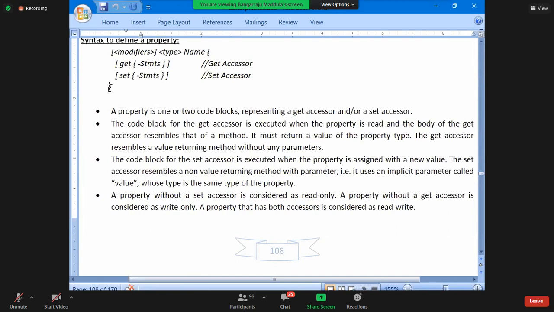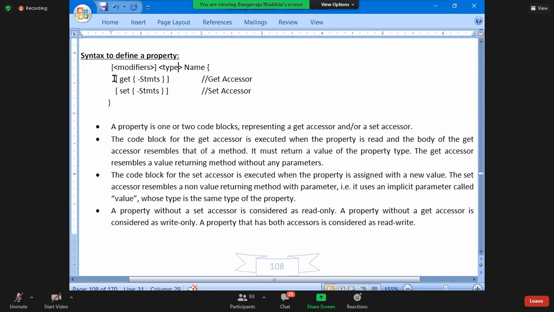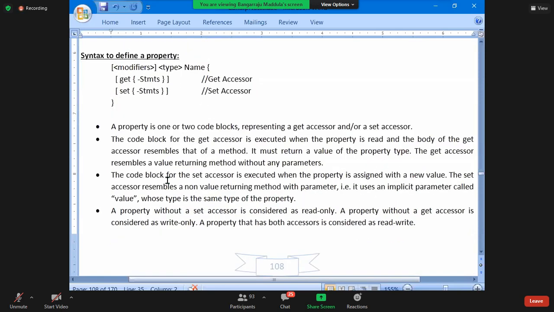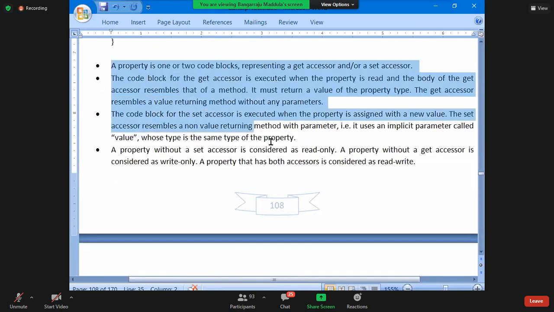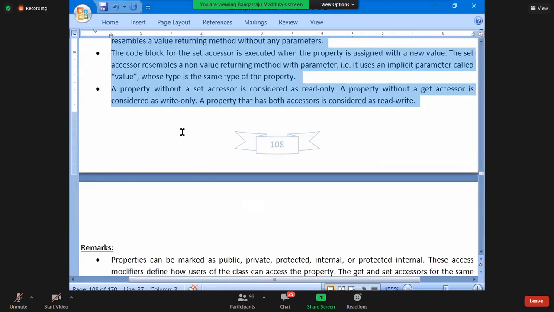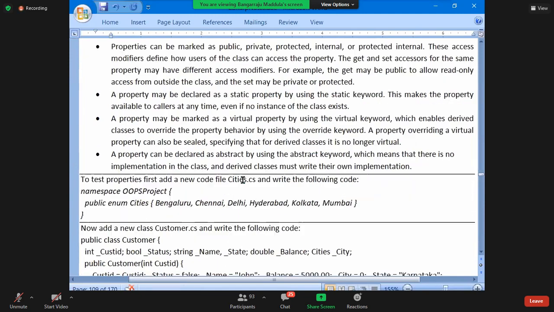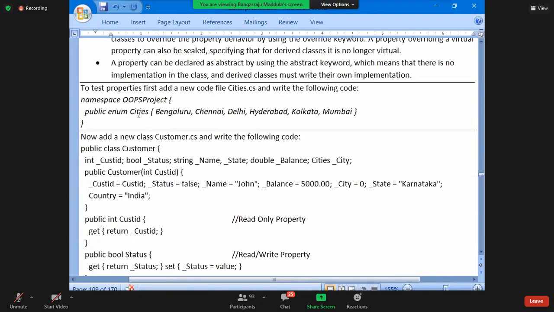How to define properties in the code, the syntax to define a property, and a few important things to remember while defining properties. All the points I explained, you can go through them. Next, some remarks, and next I started writing all the code.